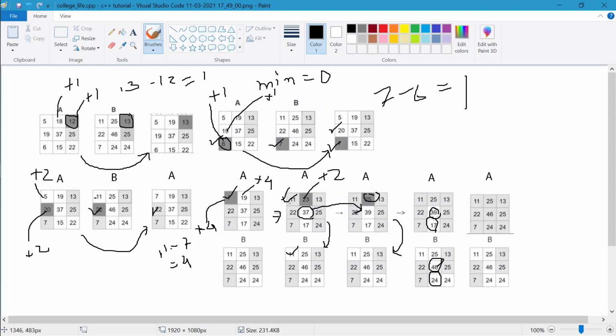So both the differences are the same. So you can take any one. After doing so, let's say I consider 46.